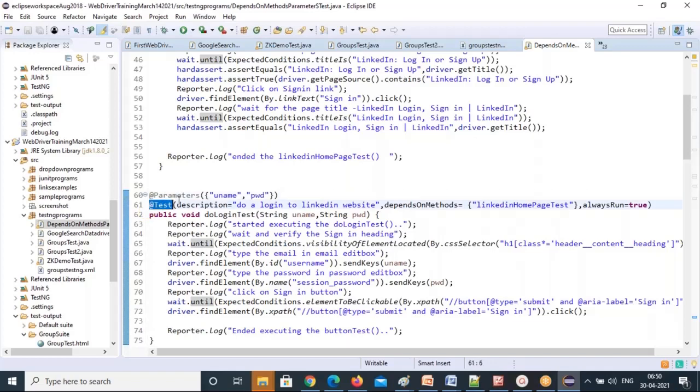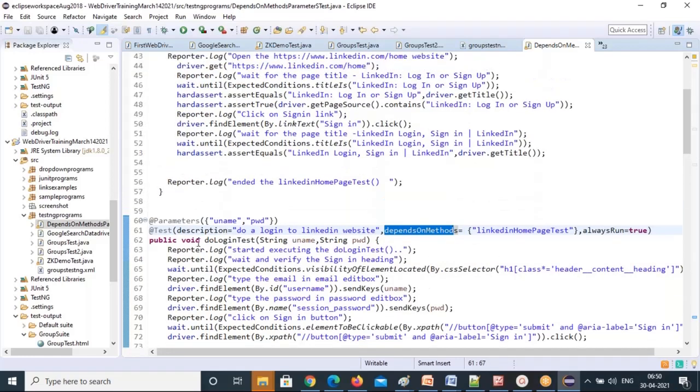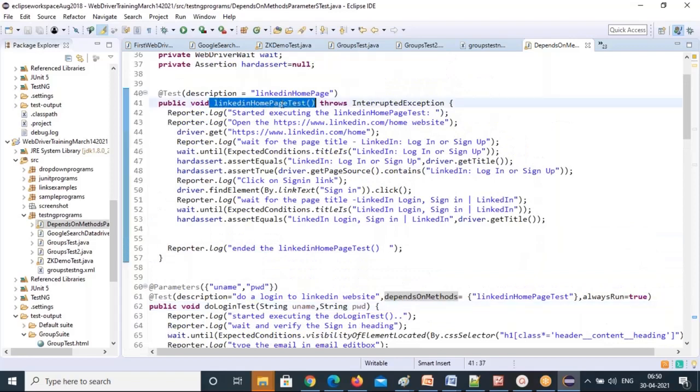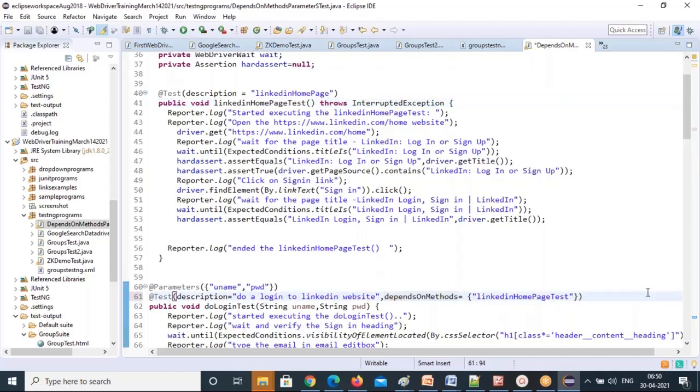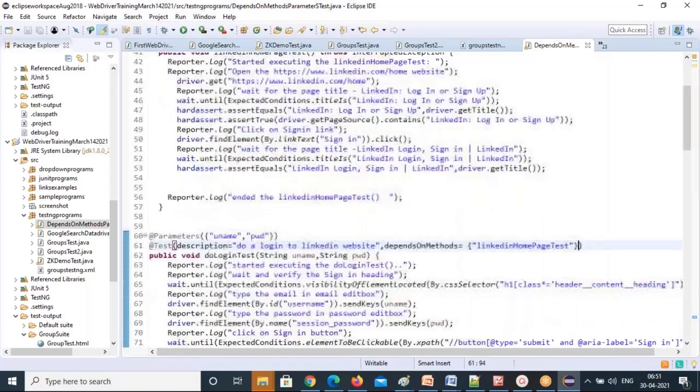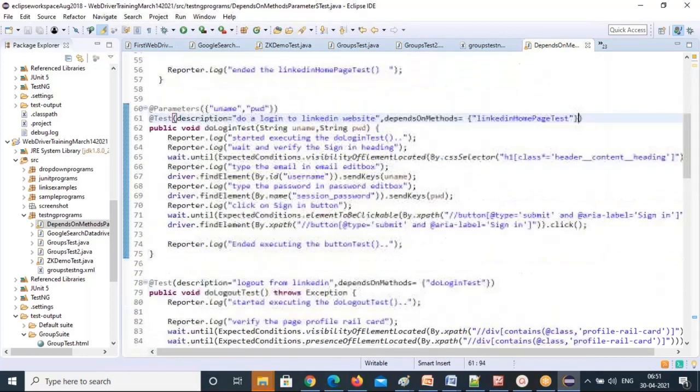Then @Test: you write the description, do a login to LinkedIn website. Then dependsOnMethods, LinkedIn homepage. This doLogin depends on this method. If this method is not successful, login is not going to happen, and alwaysRun equal to true. I'll tell this later. So let's finish this: dependsOnMethods I have written.